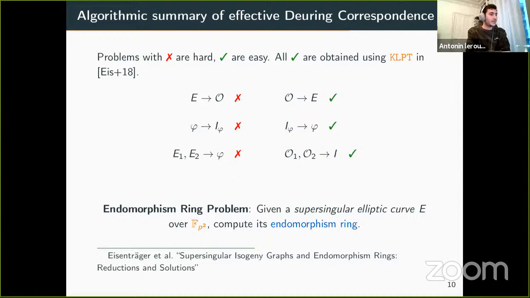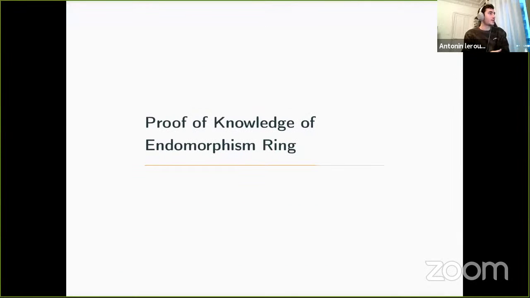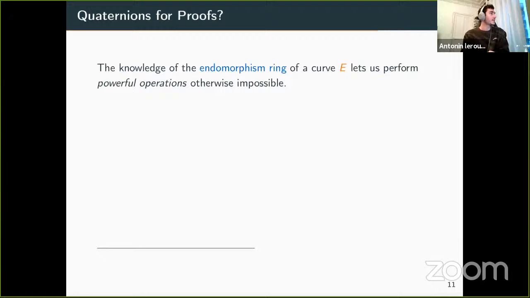And this directly leads us to the proof of knowledge of endomorphism ring. Indeed, if I summarize what I just said, the knowledge of the endomorphism ring lets us perform very powerful operations. And this is the kind of principle that we really like in cryptography. So to the question, can we use this KLPT algorithm to prove that we know the endomorphism ring of some curve? The answer is yes. And so the first attempt was actually